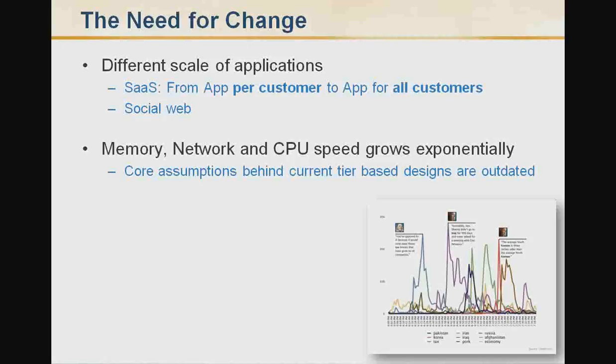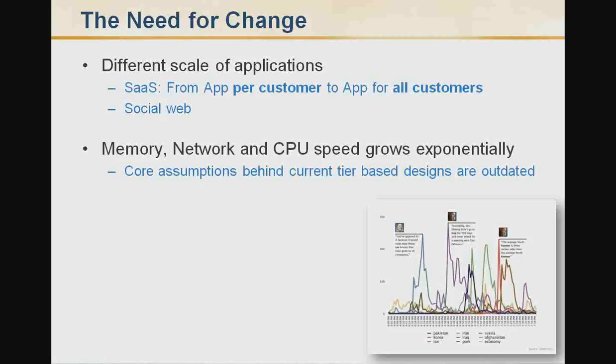But as we move forward, we see more and more ISVs move from the traditional software distribution model to the online software distribution model, namely software as a service. And that in itself presents new challenges to those companies in terms of scalability, throughput, and in general, the amount of operation of data that these applications need to handle. So we're talking about moving from one application per customer to one application per thousands of customers, and that's a